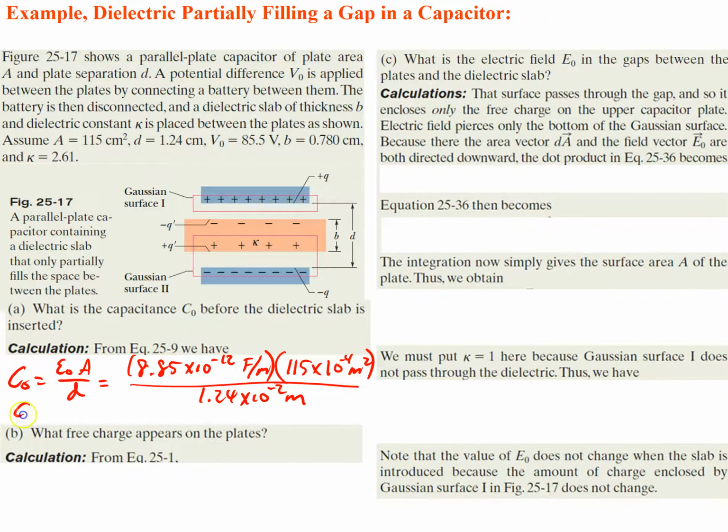We solve that out. You see that our capacitance is equal to 8.21 times 10 to the negative 12 farads,